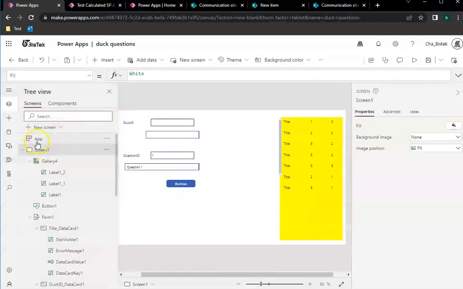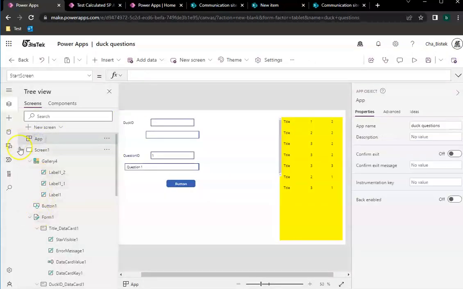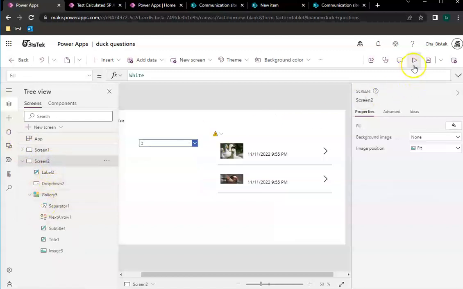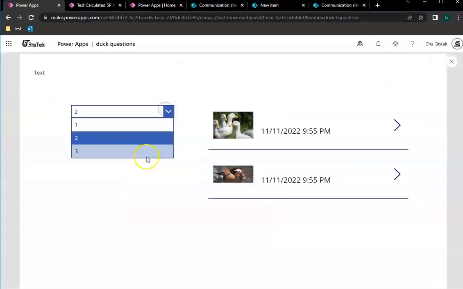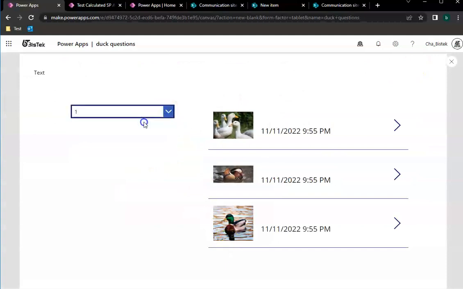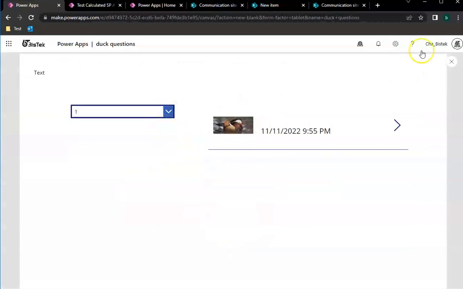So if we go to screen 2, okay, question 2. Question 3. Question 1. So this is how the relationship works. It makes it easy for you to work. You can also do this on the doc side where you can filter, like show distinct docs, and then you can show related questions to that doc. Okay, so that's the